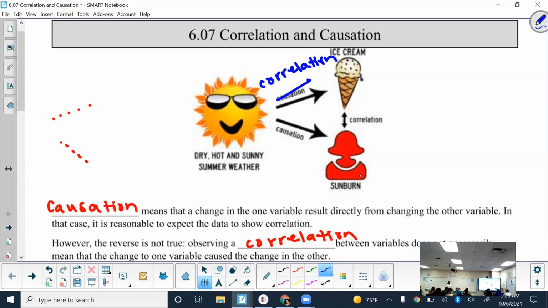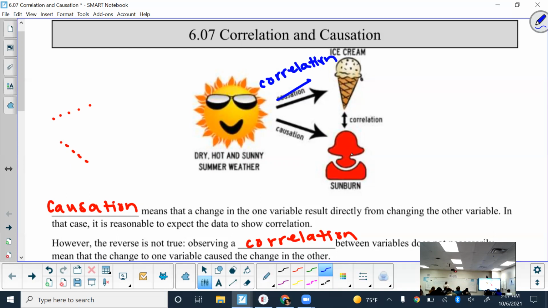But an example of causation would be that in the summer, sunburns tend to increase. Because what causes sunburns? The sun. Do other things cause sunburns? So that's why this is an example of causation. That makes sense? So very rarely is there causation, but it's been proven the sun causes sunburns and nothing else